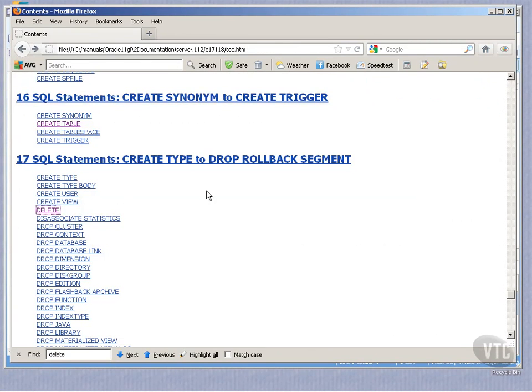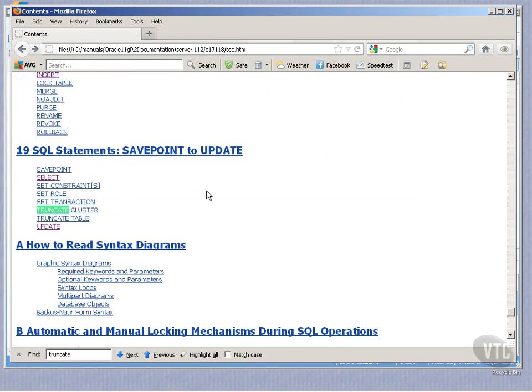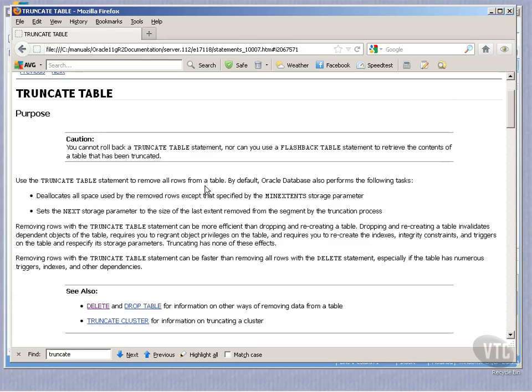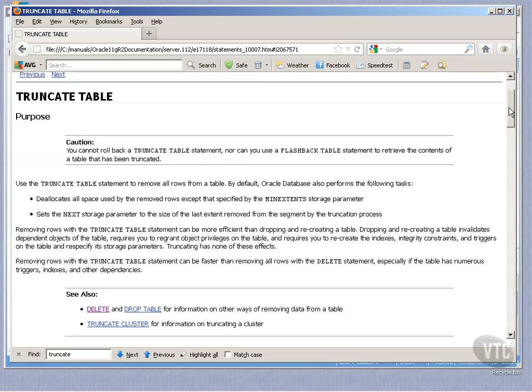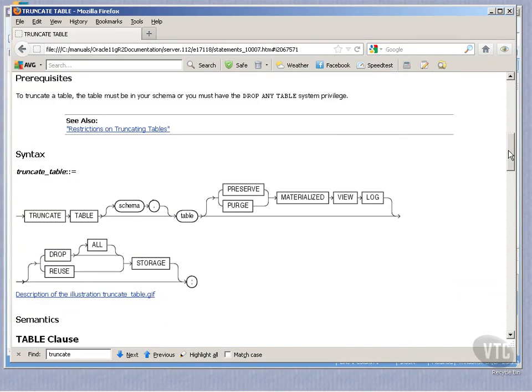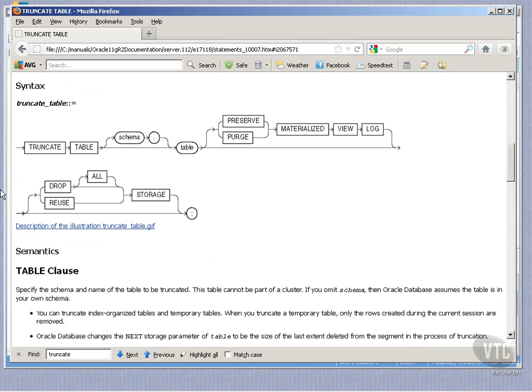Going back out again, let's search for the truncate command, and as you can see, I was talking about truncate cluster and truncate table. We don't need to worry about clusters at this point. A cluster is actually rather a dated, exotic type of Oracle object, which I have not seen used even in a data warehouse in the last 5 years at least, if not 10 years. So truncate table, I'm sure that clusters still do exist. I'm sure someone will have them somewhere in use and someone will find a use for them, but I haven't seen them for a long time. So truncate table applies to a table,